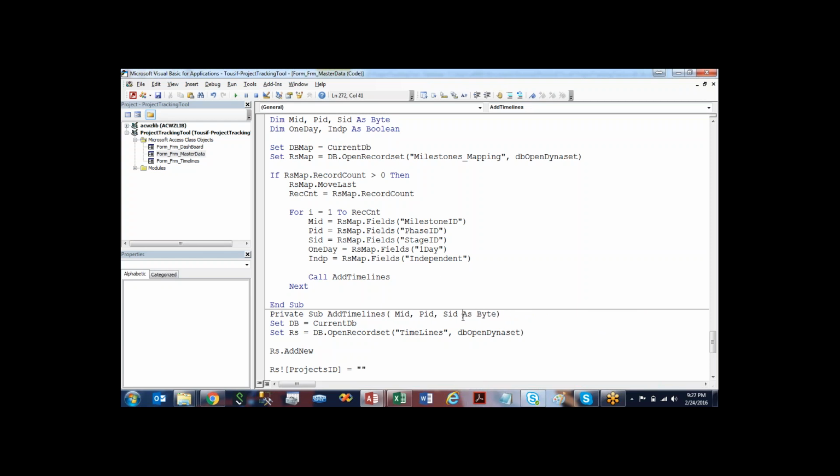But as byte, then comma, we have one day, comma, independent as